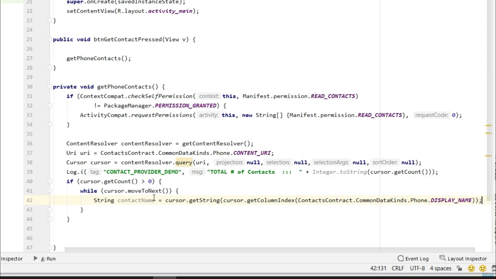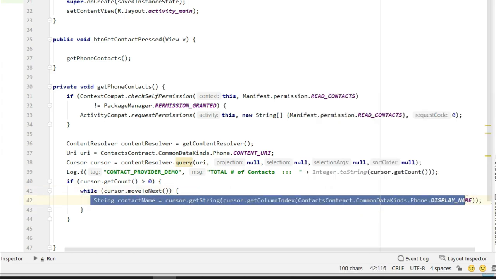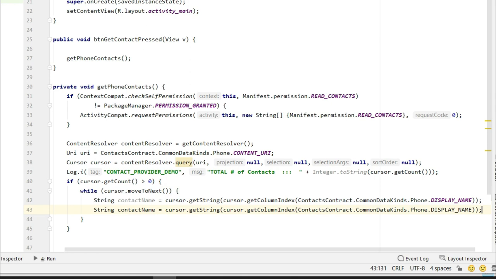So guys, here we have extracted the contact name from the cursor. In the same way we can get all data related to the contact information. And for the moment, let me take the contact number.